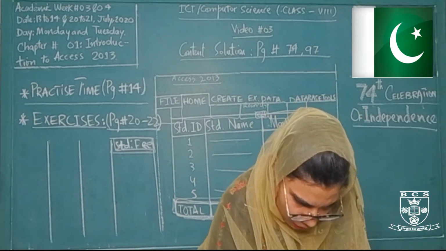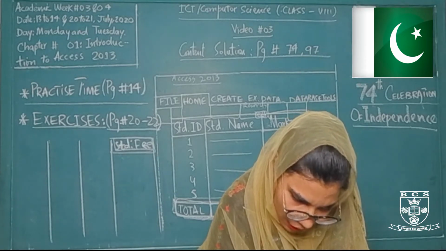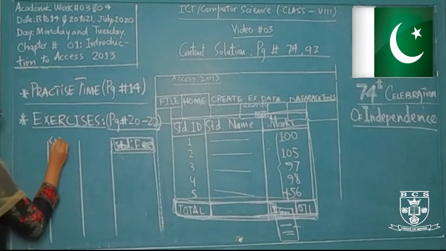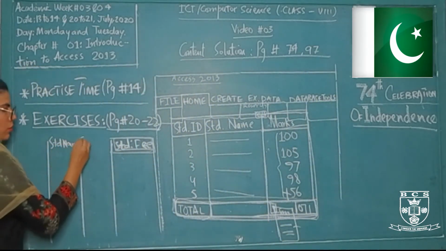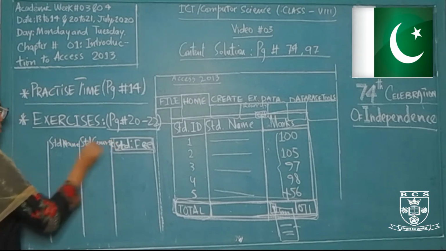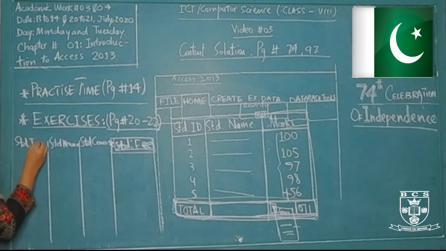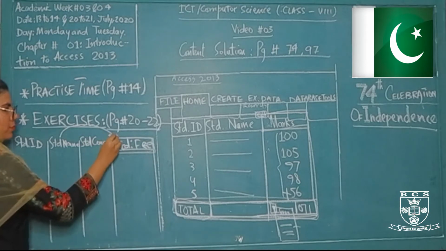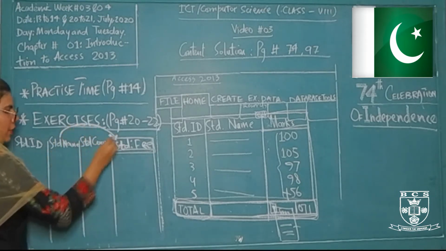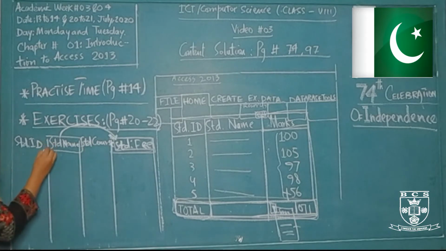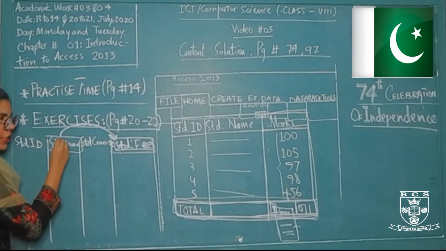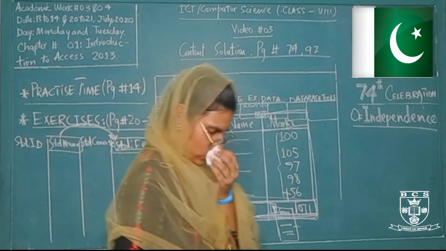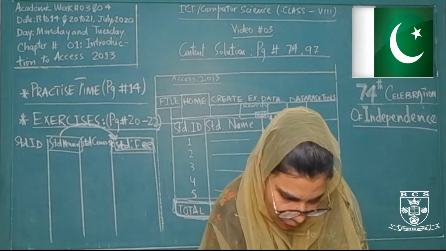Next is we have to move the student name field to the right side of the student course. This is student name, this is student course, and this is student ID. Now I have to shift this second field to number 3. So we will drag this from here till here. While holding your mouse button, you will drag your mouse arrow to the right side of the student course, then you will release the mouse button. So this is the solution for changing the position of a field.